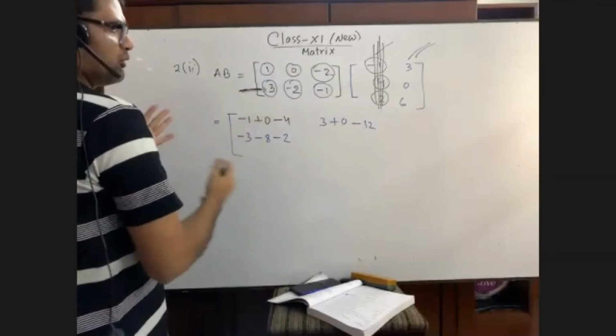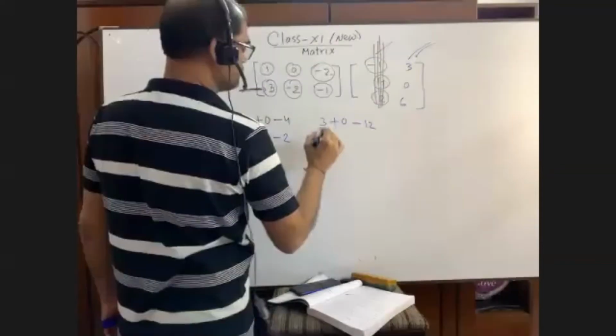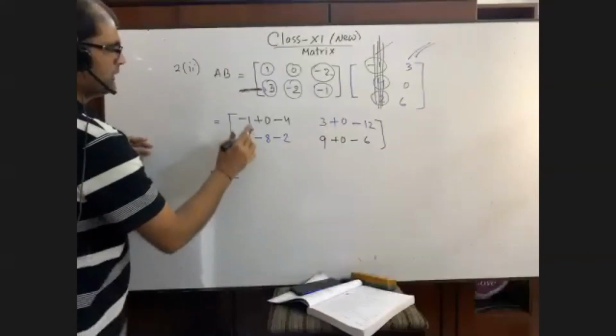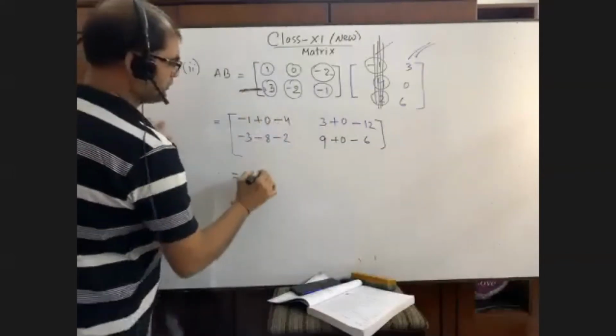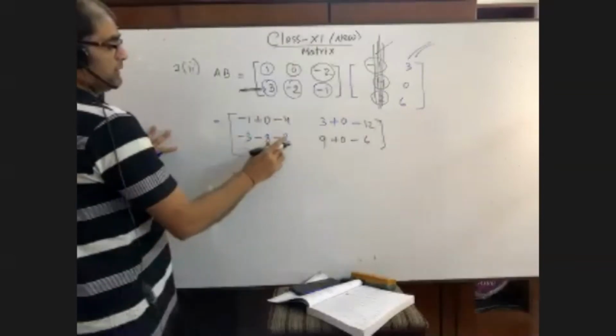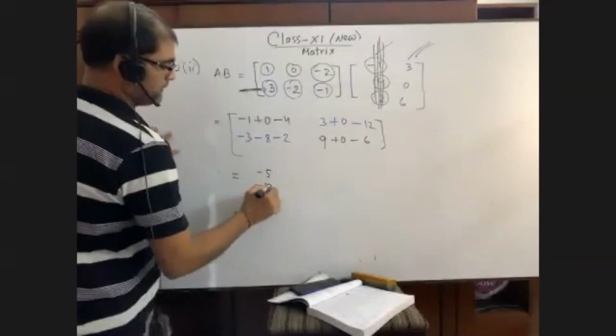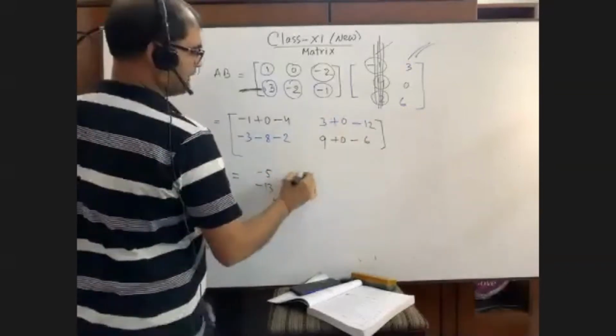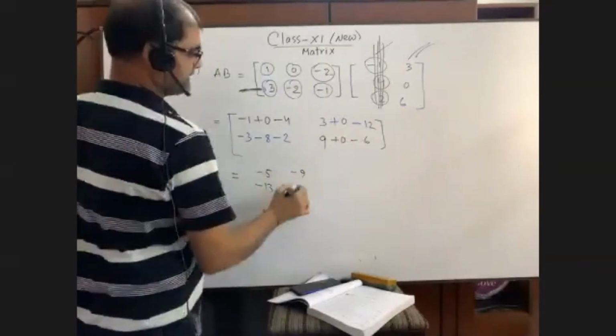In the same way, the second row, this is the second row is not done yet. So what is to do? We have to do the same functioning on the second row. 3 into 0 equals to what? 0. Okay, now calculate it. -1 -4, that is -5. Then it is what? 10 minus 13. It is what? 3 minus 12, that is -9. It is what? 9 minus 6, that is 3.